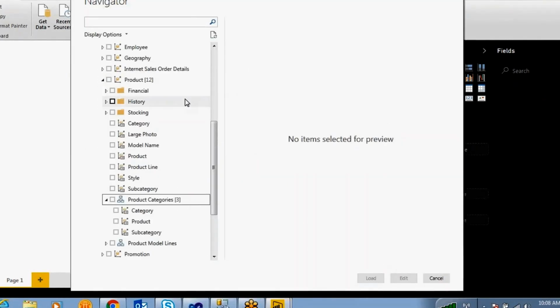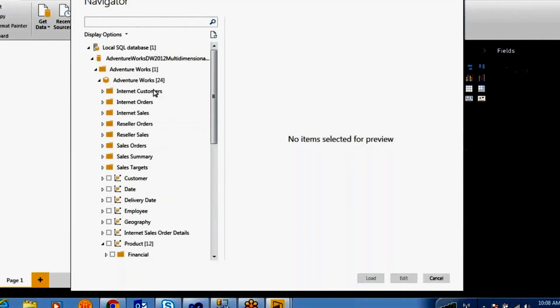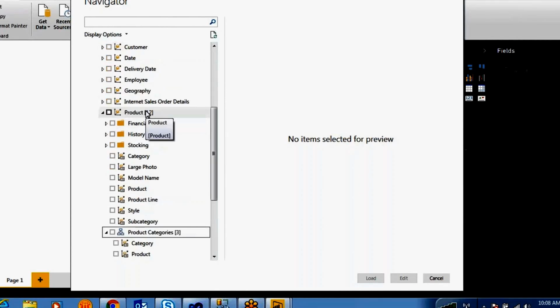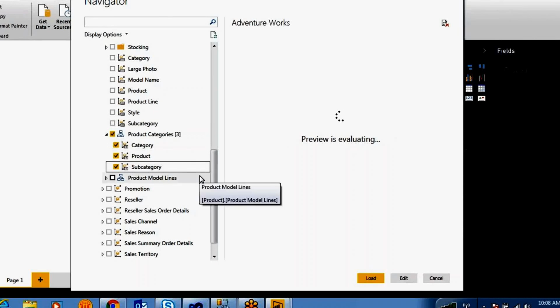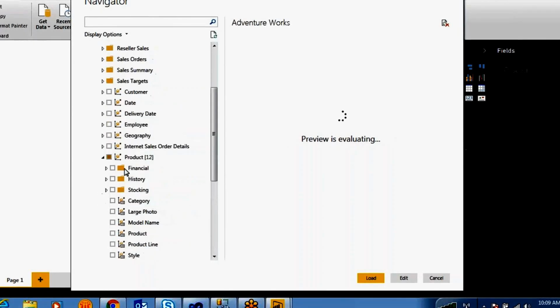I want to take a source as a SSAS cube database. So inside the cube I have a product dimension. Inside the product dimension already I have created one category, that is category, subcategory, product. So I want to take this information to create the cube. Okay, right. So you just go to this,